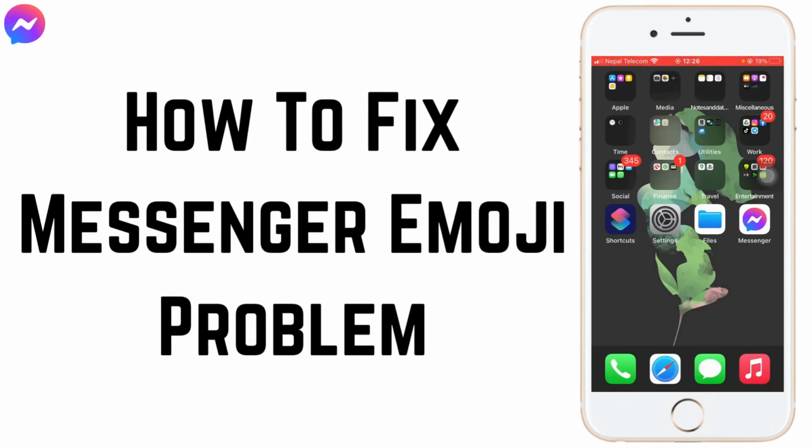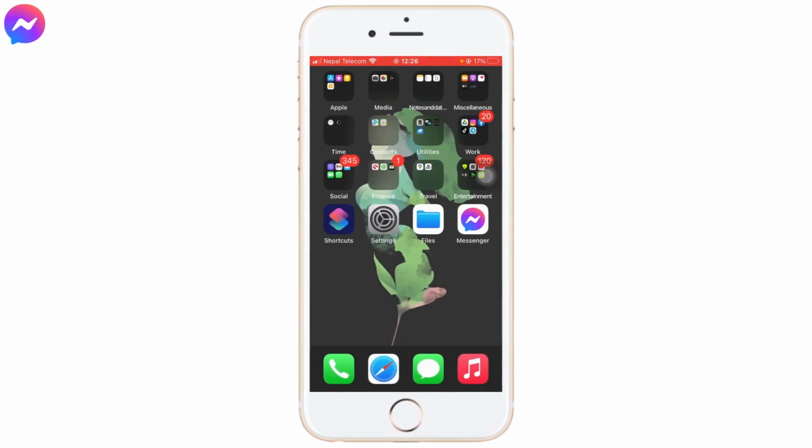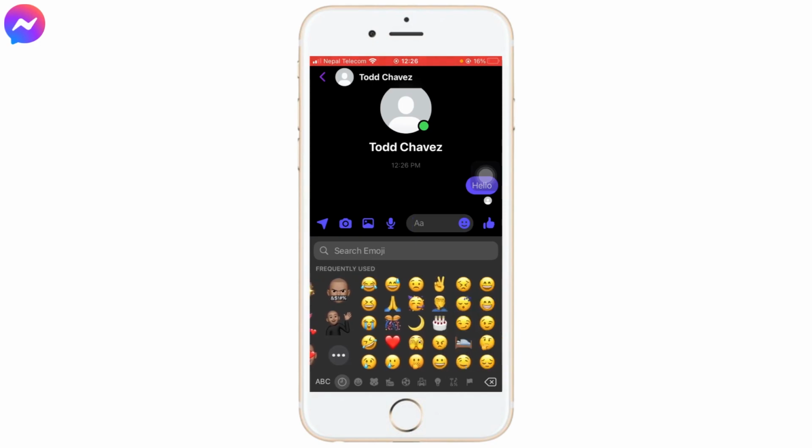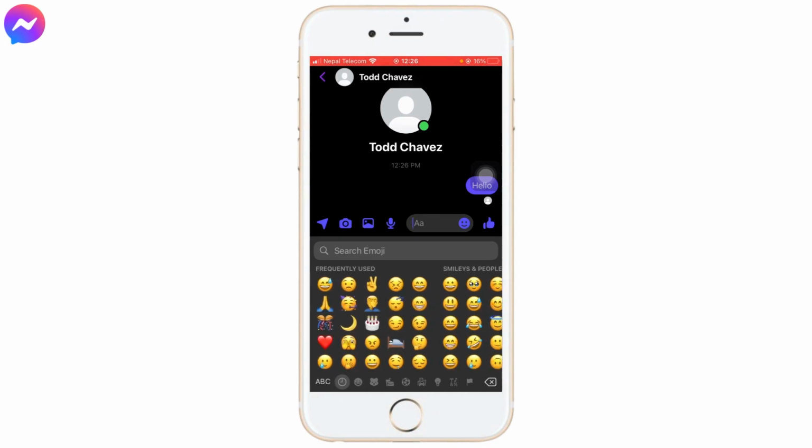have to fix messenger emoji problem. So without further ado, let's jump into our topic. So if you've not been able to use emojis from the emoji section on your keyboard while using Messenger, then